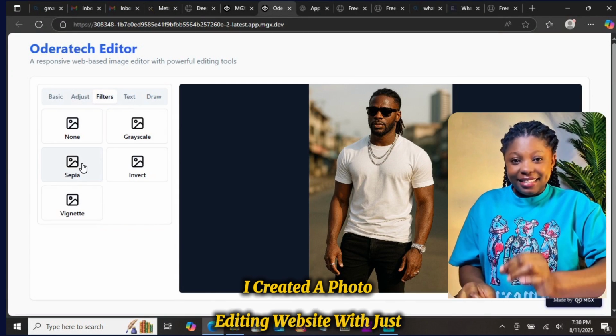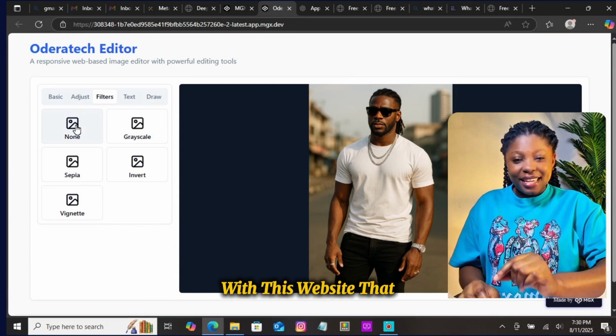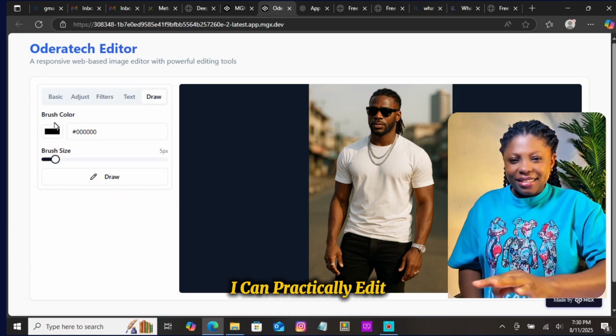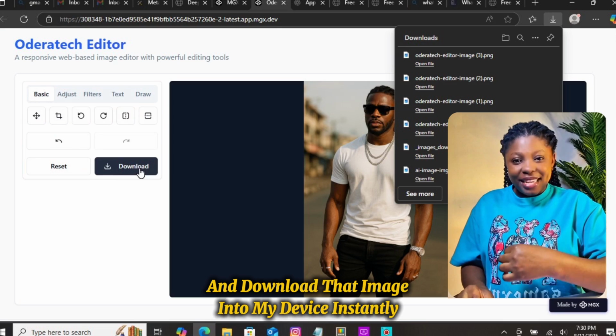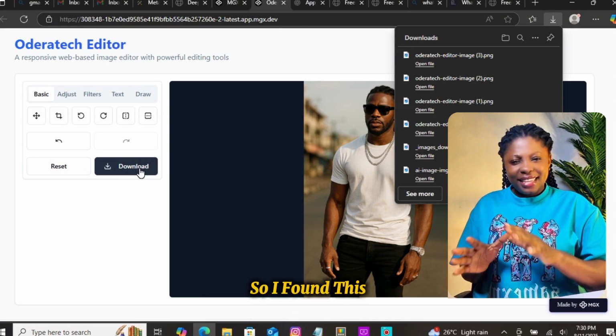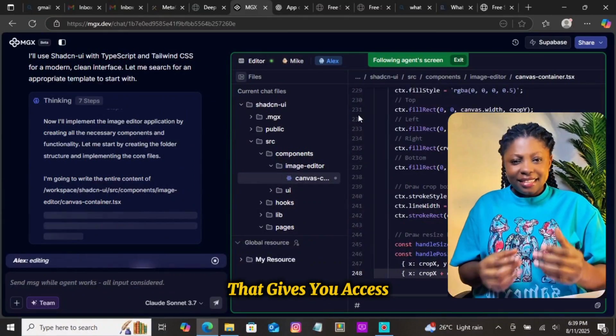I created a photo editing website with just a prompt, and I am so proud of myself. With this website that I created, I can practically edit any image of my choice and download that image onto my device instantly. So I found this AI website, MetaGPT, you can call it MGX, that gives you access to